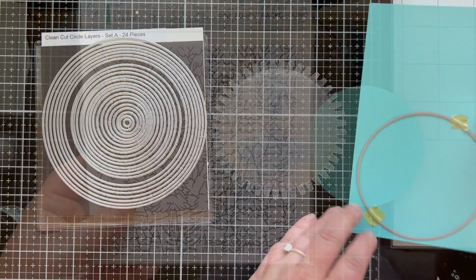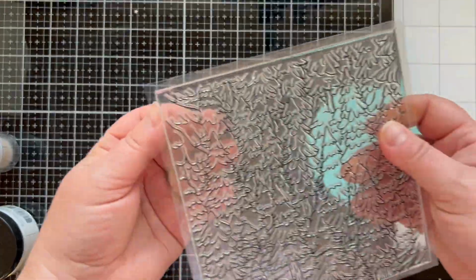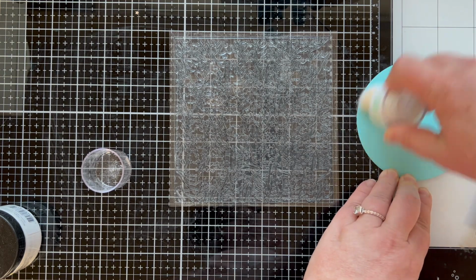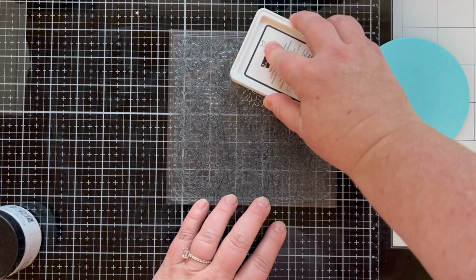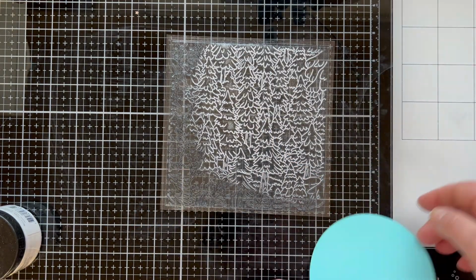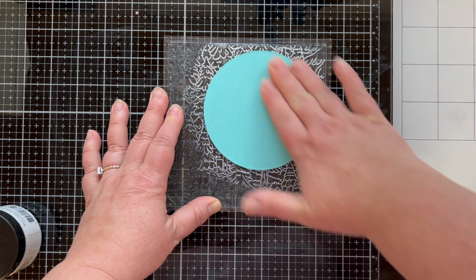But I am going to make a tag. So I just need to cut a circle that's going to be my background, and I am cutting it with this forest background set. It is so cute and whimsical, and I think it makes a great background for this sledding scene. I'm going to stamp it with some white pigment ink here onto this soft turquoise panel, and that is going to give me a nice background for my little miniature card,